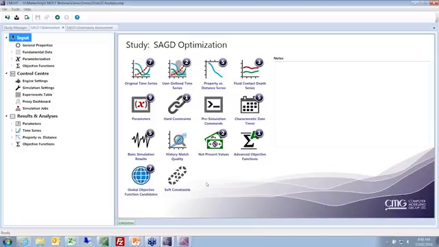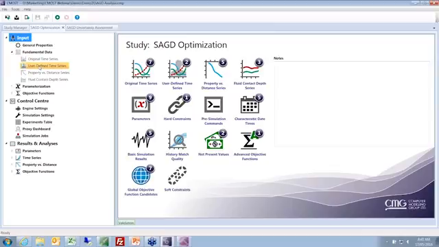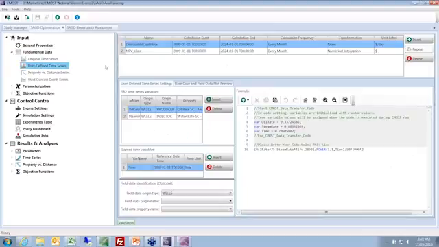So we'll switch to another example where we can use some of this functionality to define our plots as well as our objective functions. So I'll switch to the plotting area of CMOST where we can see how we can define some of these formulas to generate new types of plots. So the first type of plot that I have here in this example is a discounted cash flow versus time, where we apply a price to the oil produced as well as associate a cost with some of our costs in our reservoir. So we can define the types of simulation results that we want to use in this formula,